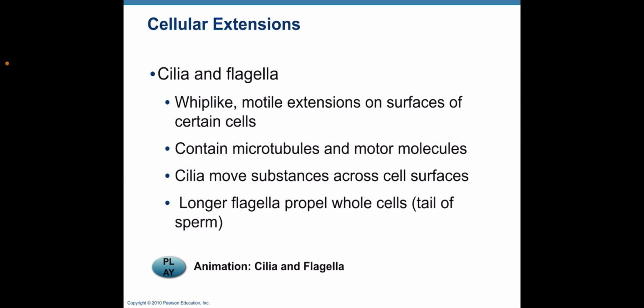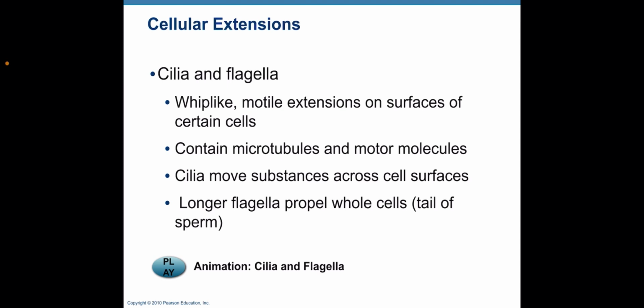Flagellum is a whip-like movement that propels the whole cell. It's kind of like the tail. The only cell that has it in the human body is the sperm. While cilia are these little finger-like protrusions on the outside of the cell. They contain